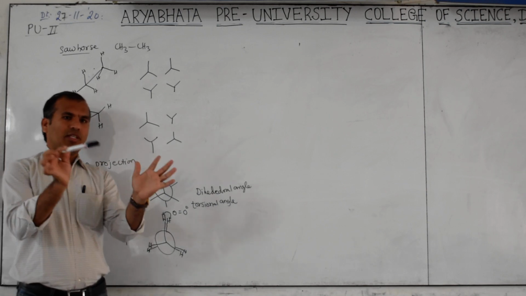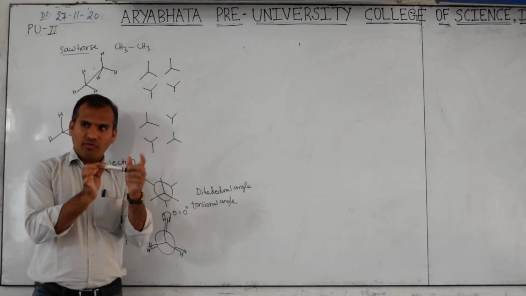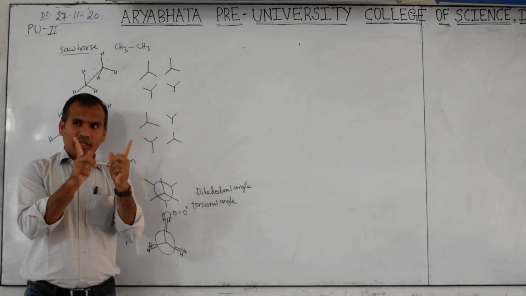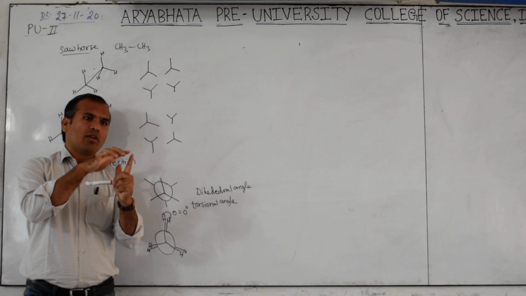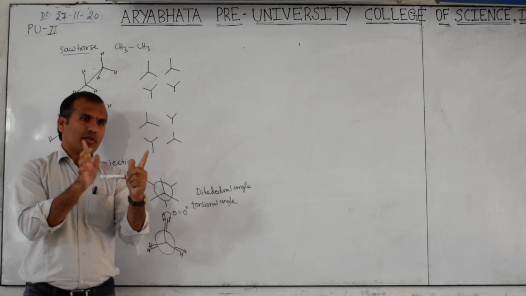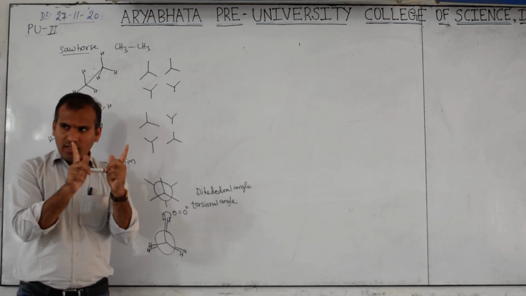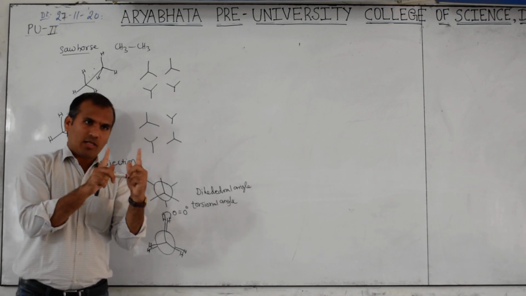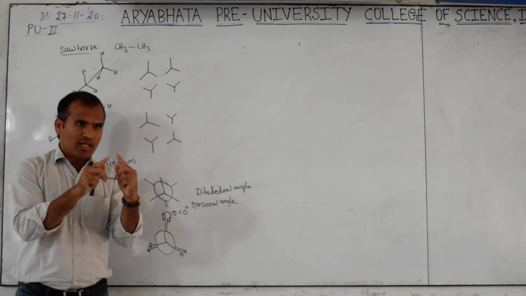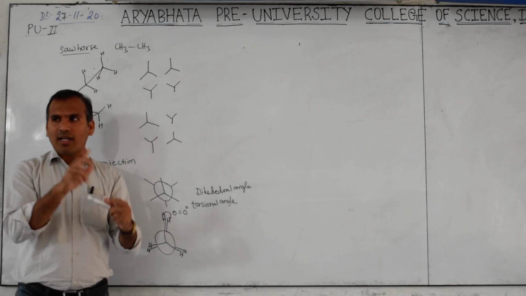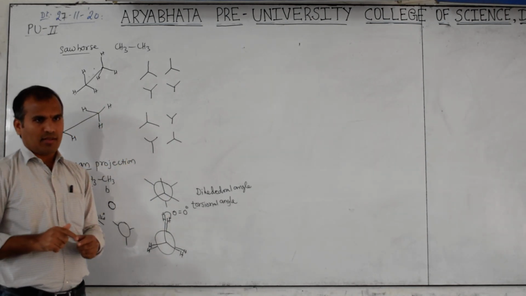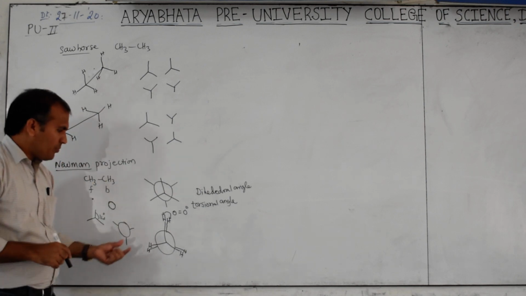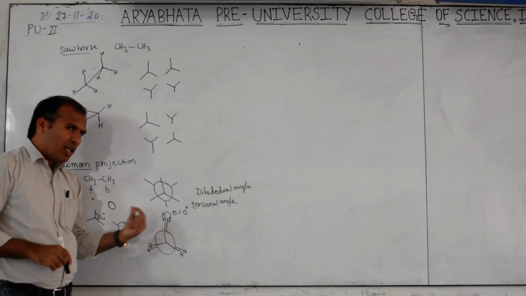See, this one is a carbon-carbon bond. Front carbon, back carbon. Now this is the angle which separates the CH bond of the back carbon from the CH bond of the front carbon. The angle which separates the CH bond on one carbon and the CH bond on the other carbon, front and back carbon. That is a dihedral angle. Dihedral angle is a three-dimensional angle, not a two-dimensional angle. Okay. Now you have to remember this eclipsed form.